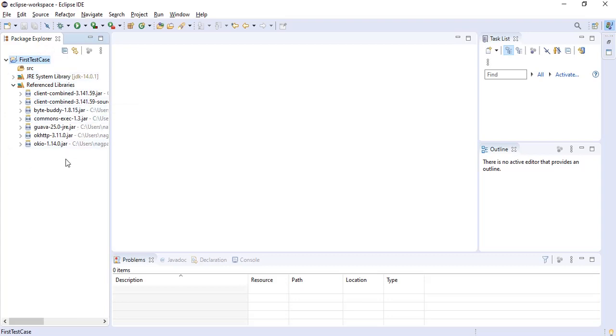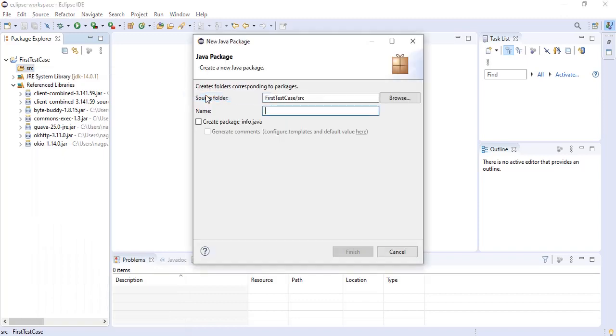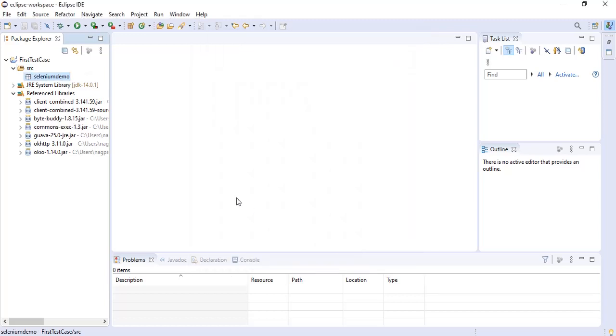Alright, so that brings us to our last section, which is hands-on in Selenium. So now that Selenium has been configured for Eclipse IDE, how about we automate and test Gmail using Google Chrome? So we'll first go ahead and create a package. Let's right click and say new package. Let's say Selenium demo and click on finish, and go ahead and create a class,